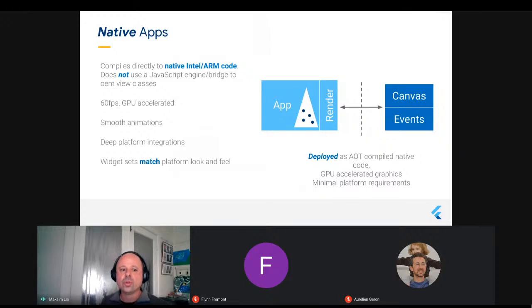Flutter has its own user interface that it basically paints pixel by pixel from scratch, and it calls these things widgets, which we'll talk about in a second. They set out to match the platform look and feel, but they are their own thing. They are not using Android or iOS's built-in user interface elements to display the app.